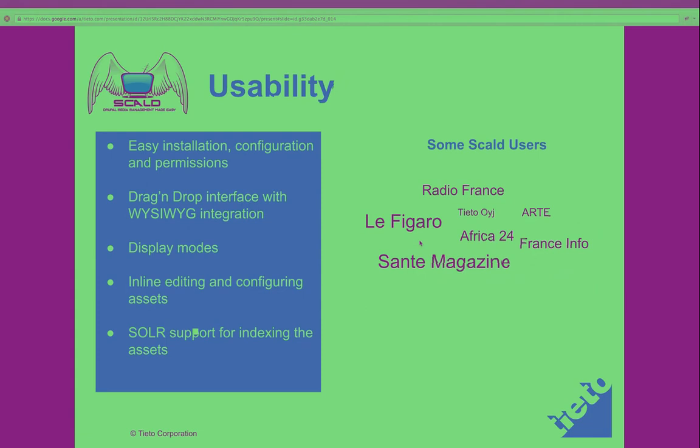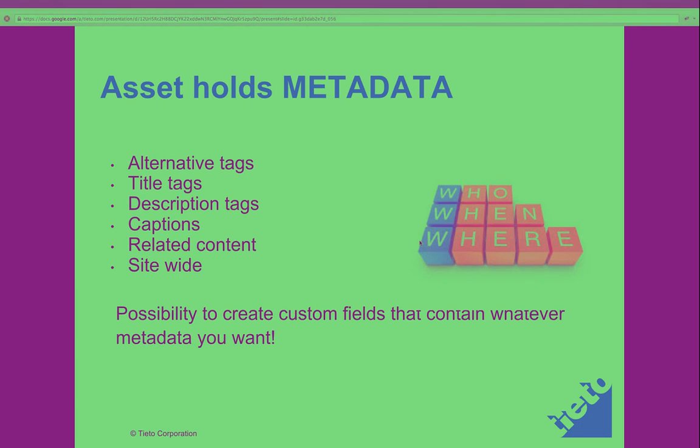So in Scald we have an asset. That is something that holds the image and all the metadata and everything attached to it. These assets can be for example a tweet, a post from Facebook, or something that we generate, and we can have all kinds of data attached to it. It can be drag and dropped into any inline content, and you can align it to the left of the page. And that is actually what is good with Scald,